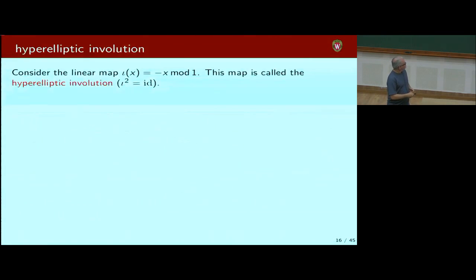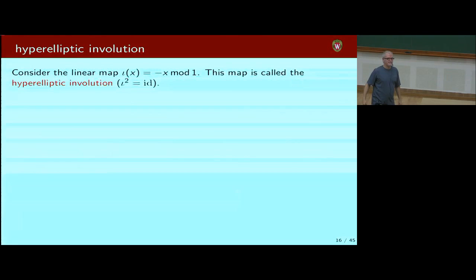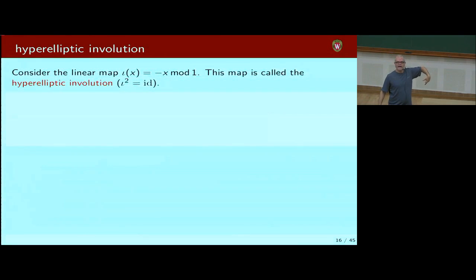Okay? So it's going to be related to the loop, to the rod, by using a certain kind of map that has a very, very scary name. It's called the hyperelliptic involution. But it's actually a rotation. So consider this map. If I have the torus and I take minus x, it turns out I get a rotation by pi, right? Because if you think about it,